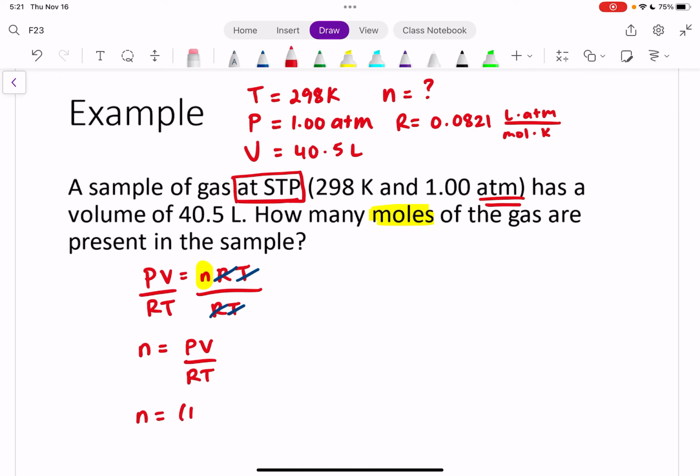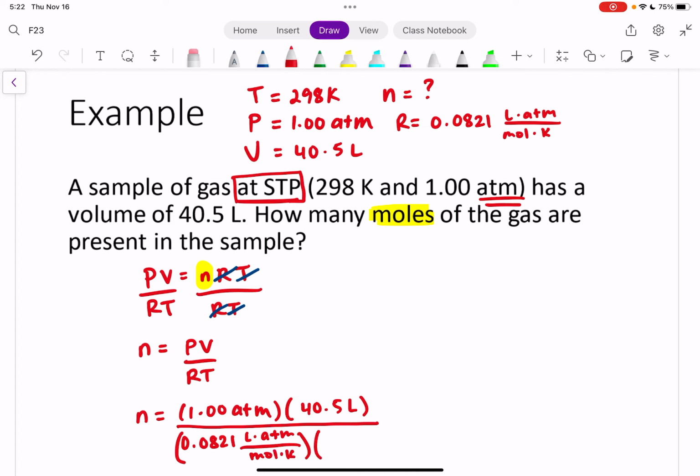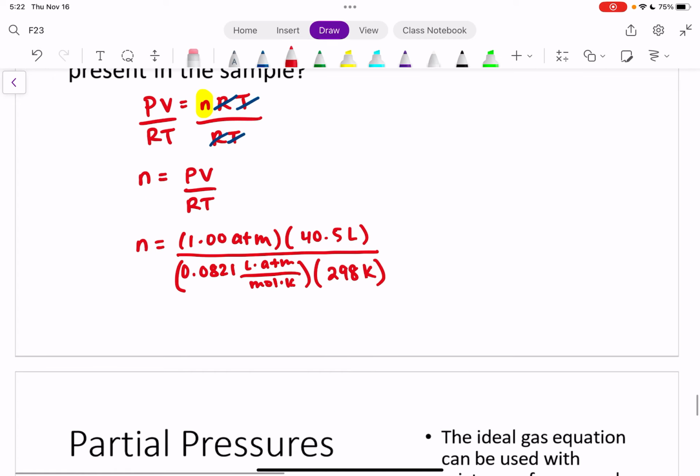So we've got our pressure, which is 1.00 atm. We've got our volume, which is 40.5 liters. And then we can divide by our R value, our gas constant, and our temperature, which is 298 Kelvin. And we can get out a number from that,